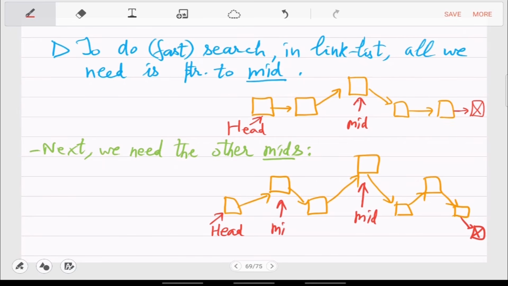This is mid 0, and this is mid 1. The concept is that to do binary search you have to know a number of pointers: to the head, to the mid, then pointers to the left half mid and right half mid, which I'm calling mid 0 and mid 1 respectively.